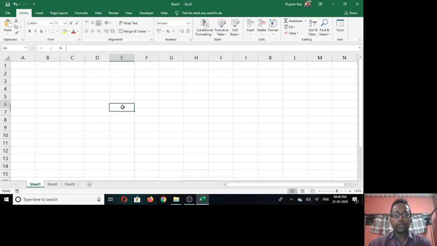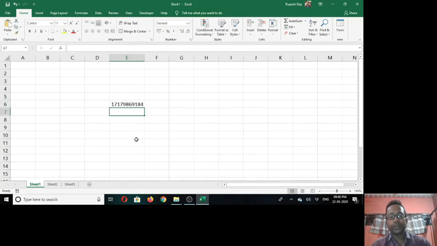See. So total how many cells are there in a worksheet? Total number of rows 10,48,576 times number of columns 16,384. Press enter. See, this many total cells are present in a worksheet. No need to remember this. This is not required for us. If this question is raised, you can tell that 10,48,576 times 16,384 cells.